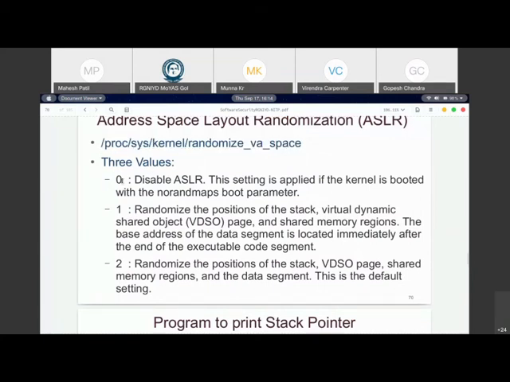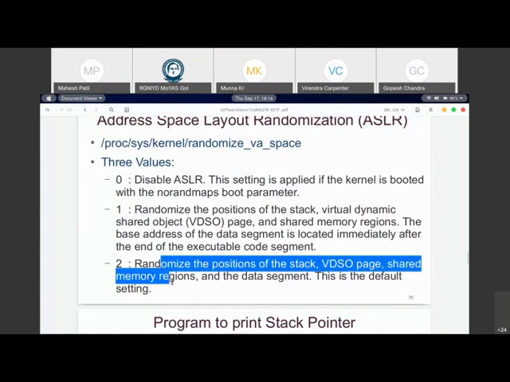If you make this 0, then you are disabling ASLR. If you make it 2, then you are maximizing the effort of the OS to protect your binary and load it at a different memory layout every time it is loaded in the memory.